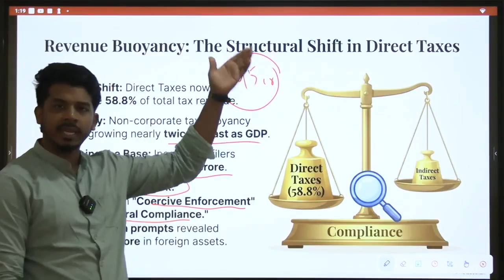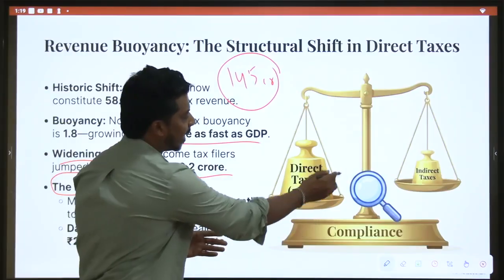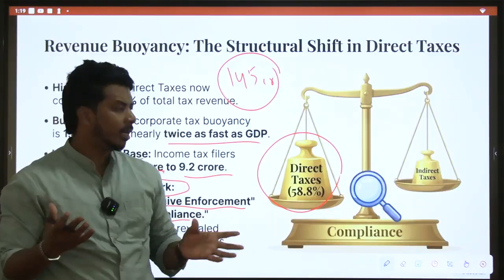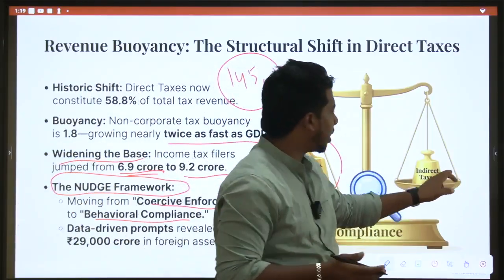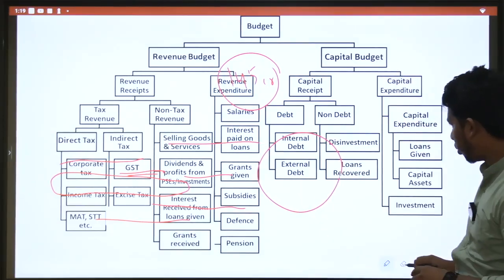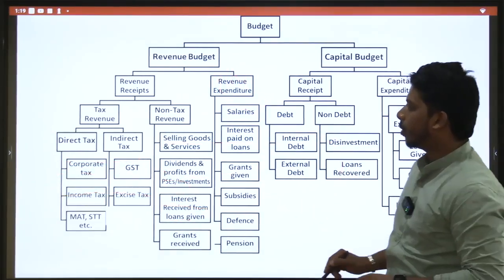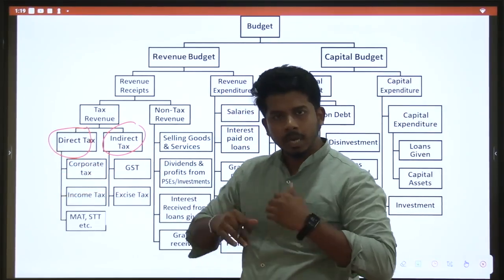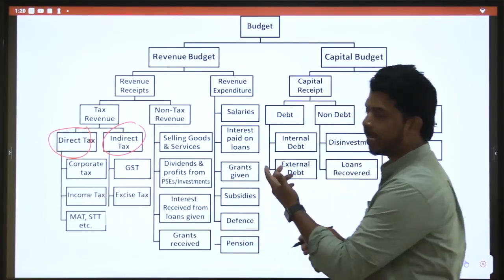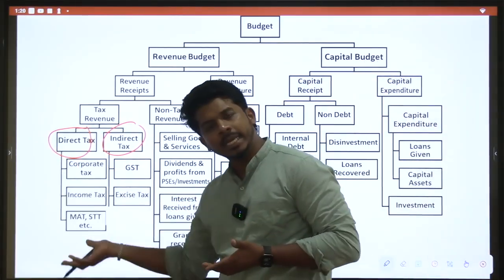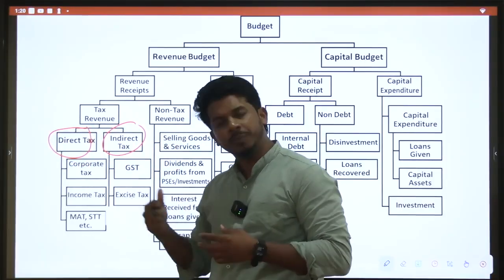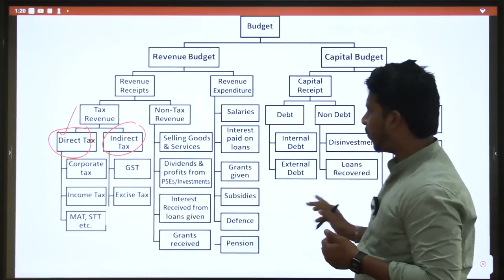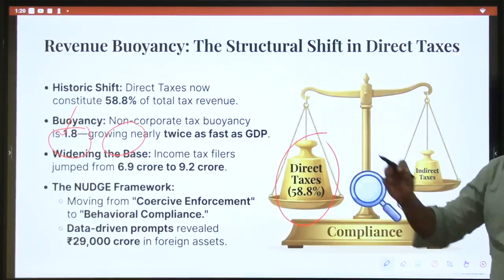Here we are seeing the components of increasing revenue. You can see direct taxes are increasing. Previously, some 2 to 3 years back, the contributions of direct taxes and indirect taxes used to be the same. But now the government is doing many things. It is helping people, taking lenient action on people, and coming up with new policies every year in the budget. Now direct taxes are increasing. They have become 58% of the total tax revenue.